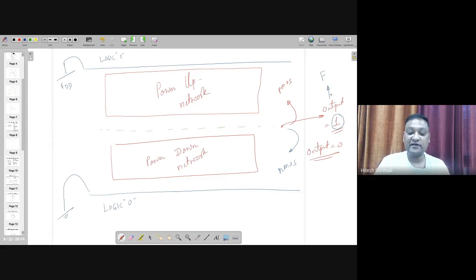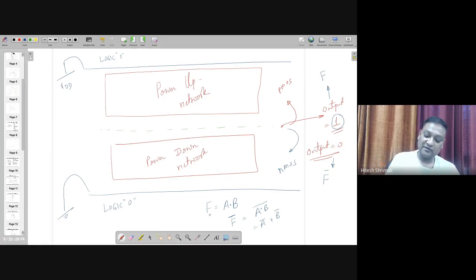By function, I mean that if you are implementing an AND gate, a 2-input AND gate, the function is A and B. And the downside, where the output is, you are going to implement F bar. Some people also write F prime. You can write whatever you want. F prime and F bar are synonyms, and that's going to be equal to this. I believe everybody knows De Morgan's law and other things, so I'm not going into that.